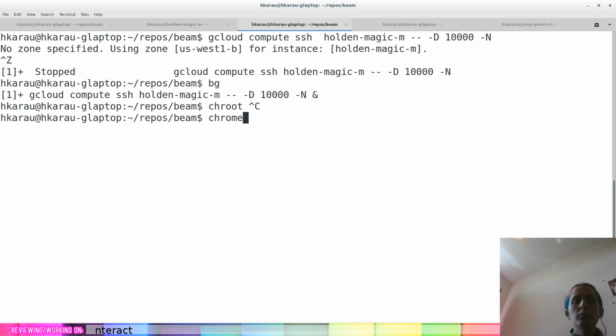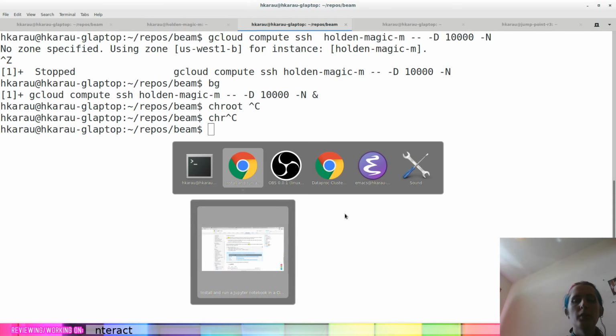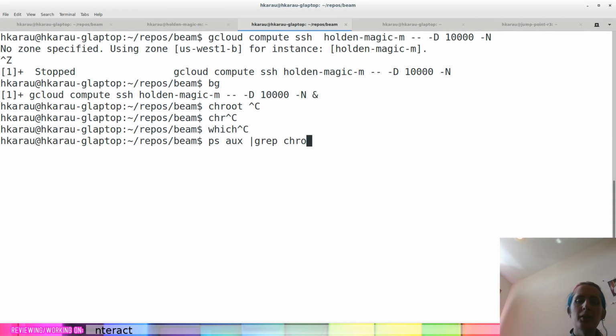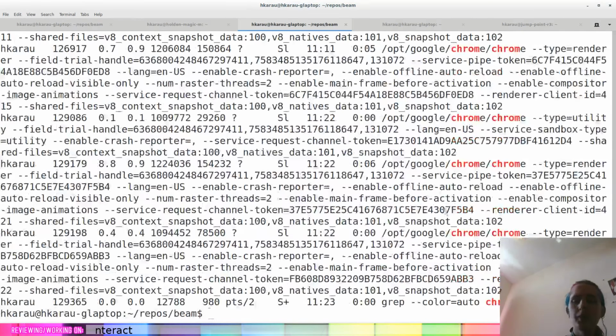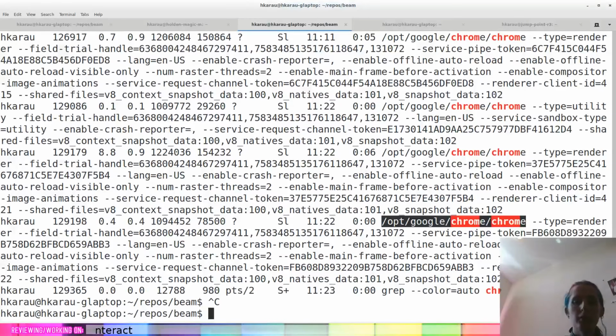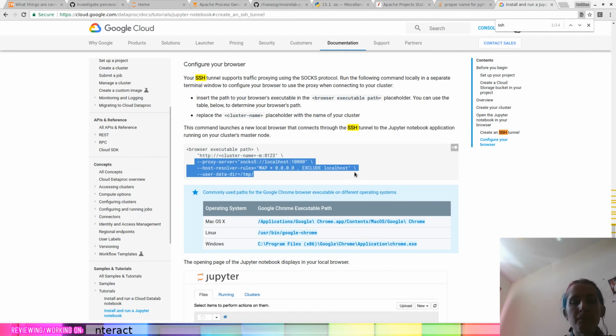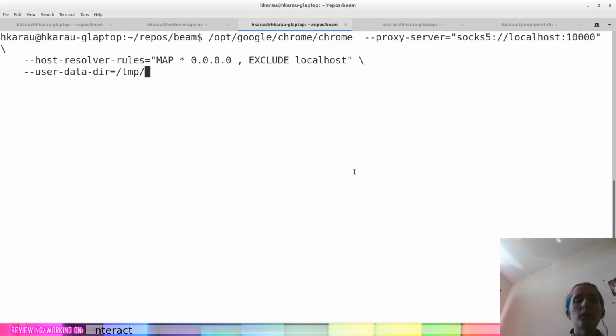Chrome. So we're going to use this one. Magic incantation.